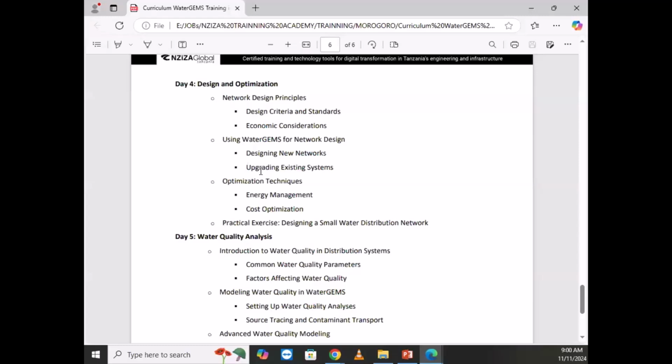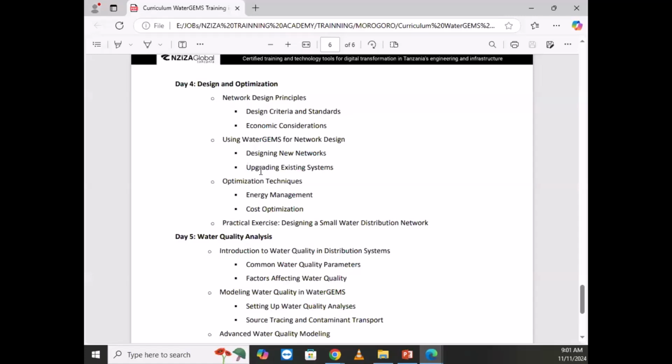You know how to design, to optimize, to size, to deliver a good design of the network. So on that day, we will pass through some design criteria, some economic considerations. We will do upgrading. There is somewhere that you may have an existing network. We see how you can upgrade your existing network,